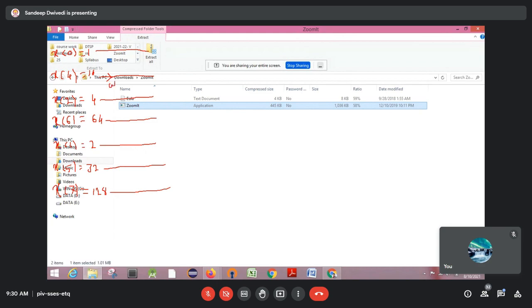That Twiddle factor will be W suffix 8, because it is an 8-point DFT, raised to power 0. Again, one line you need to skip, and you need to write the Twiddle factor, that is W suffix 8 raised to power 0. Again, skip this one, and here write W suffix 8 raised to power 0. So this Twiddle factor you need to use over here.